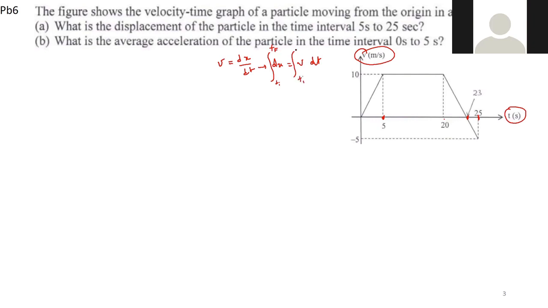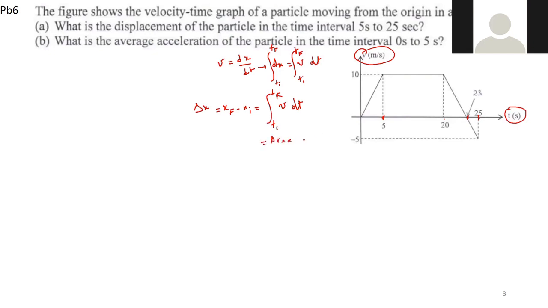Between t initial and t final, you don't need to know how to get an integral, but here, of course, you will get x final minus x initial, which is delta x, the displacement, equal to the integral between t initial and t final of v dt. And this, as I said in class, is the area under the curve of the velocity-time graph between t initial and t final and the time axis. So this is area